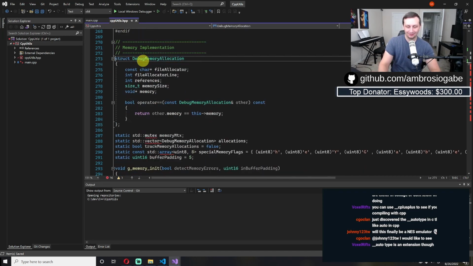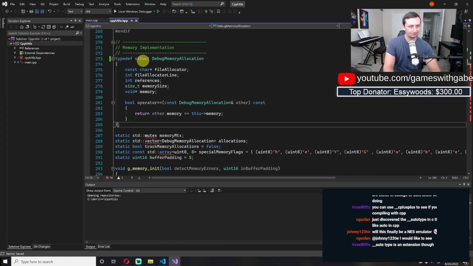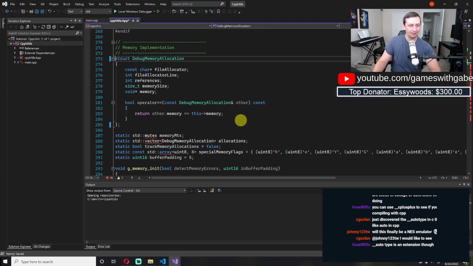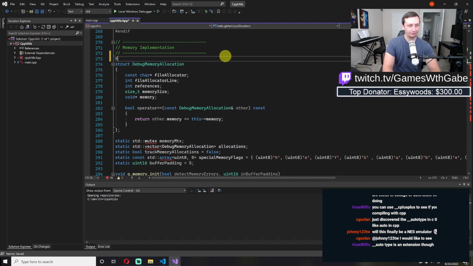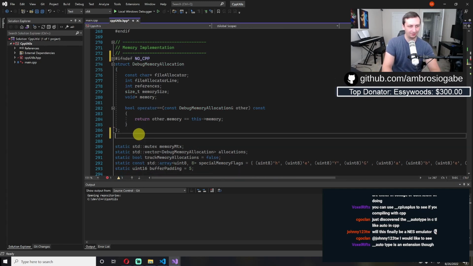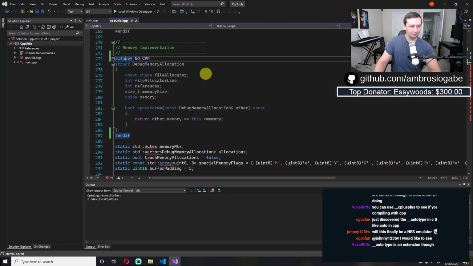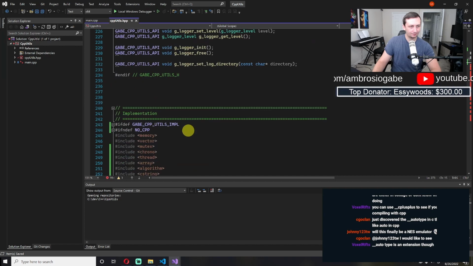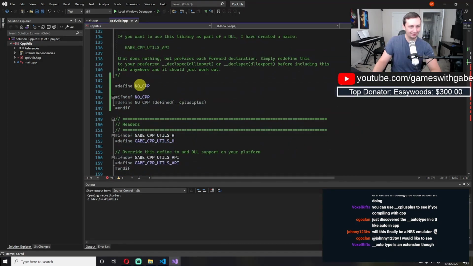Okay, anyways, so C type, we need to do something like that. Typedef struct debug memory allocation. And we cannot, okay, so we need a C safe version. Hash if define, I don't like this double negative. If not defined, no CPP. Let's change this to if defined, use CPP. So let's change that to that. So if defined,